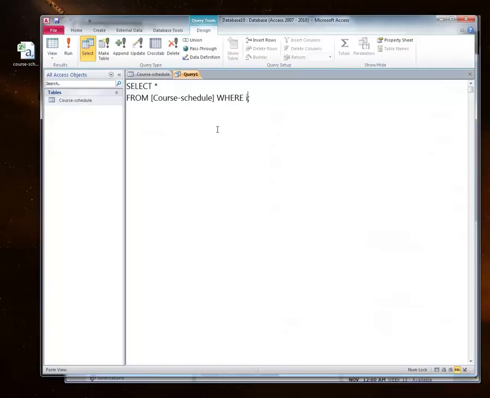So suppose you wanted to find out all the classes that I teach. You could do that by looking up in the instructor field where the value is like Steins, and I have two asterisks here. Those are wildcard statements in Access SQL, and so it'll look for, hopefully find, anything in the Steins field that